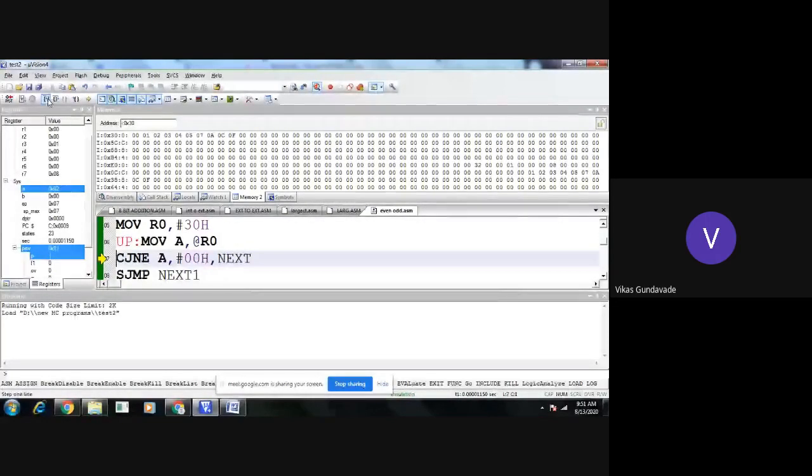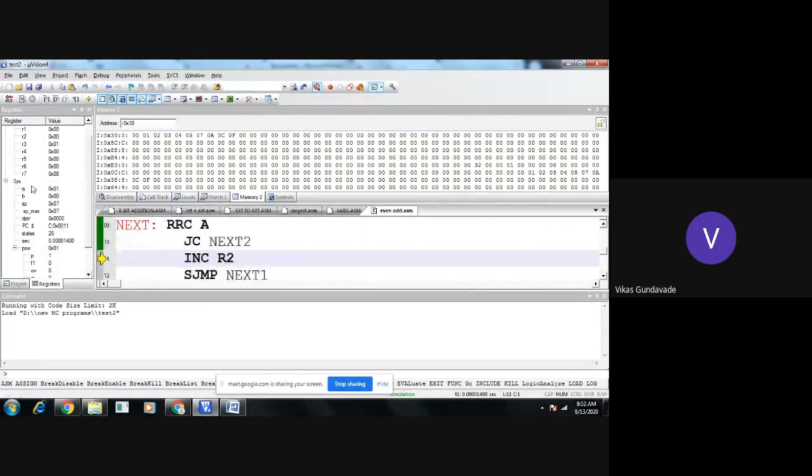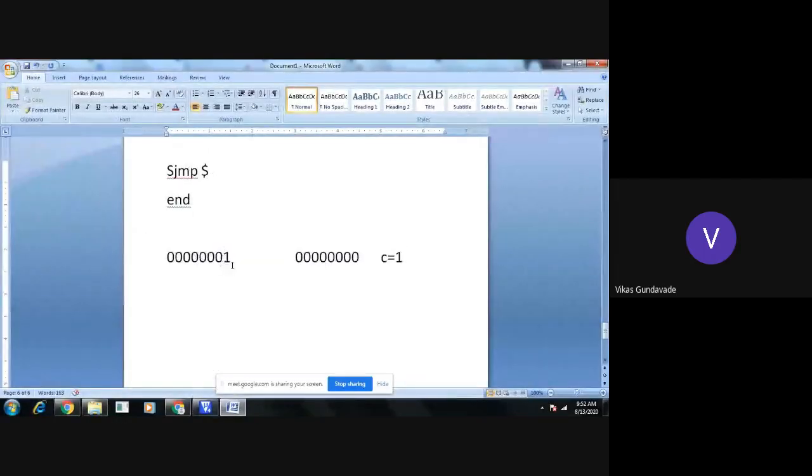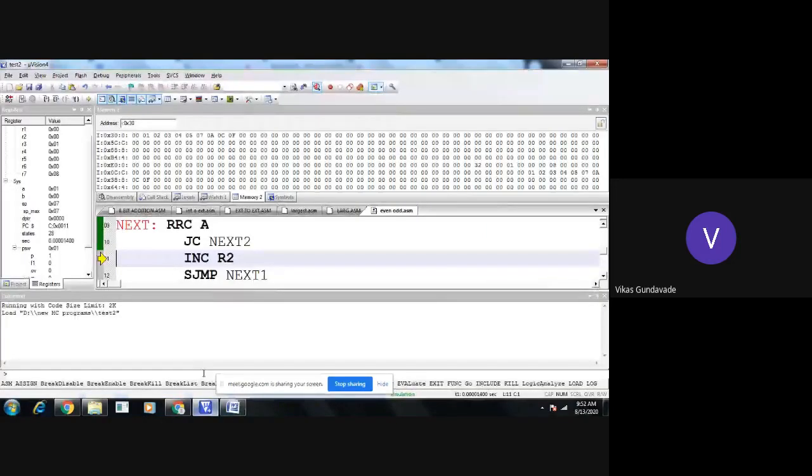Again rotate it. Now see here, after rotation the content becomes 01. Why? Because for 2 it is 00000010, and it becomes 00000001 by shifting 0 to the carry bit. Okay, so here it will increment R2. Now see here, R2 becomes 1.